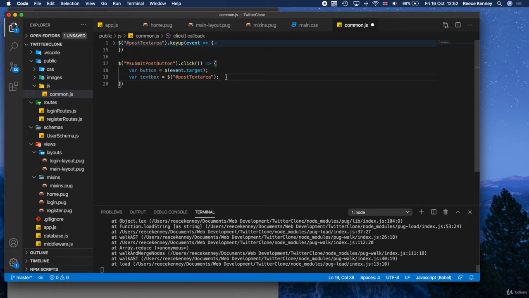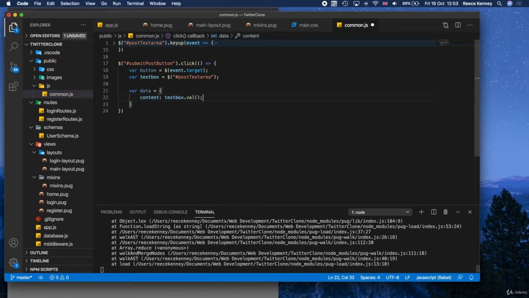Now underneath that, what we're going to do is configure the data we want to send with this request. So the data we're going to send to the server to create the post with. So data equals, and let's just create an object using curly brackets. So data is going to be the object containing the information we want to send to the server. It's basically going to be the post content. You know, what post are they trying to submit? And it's just going to have one property, content, and the value of this content property is going to be